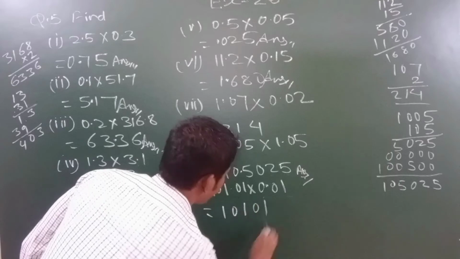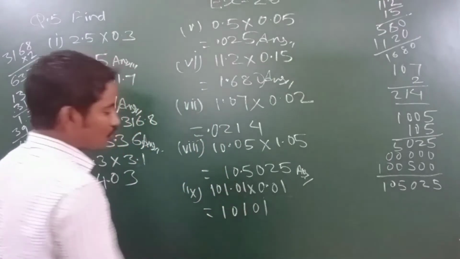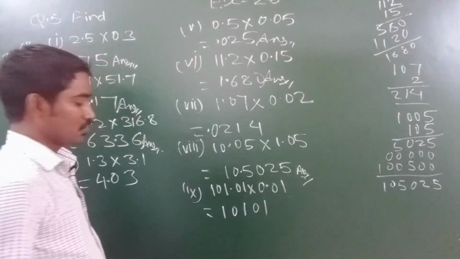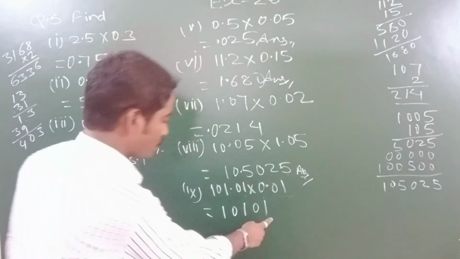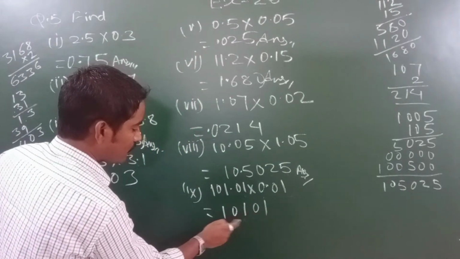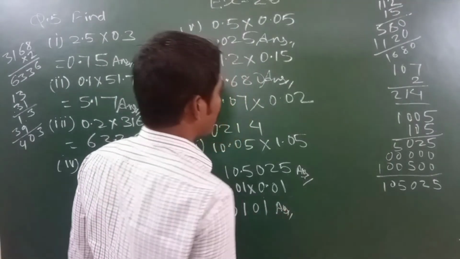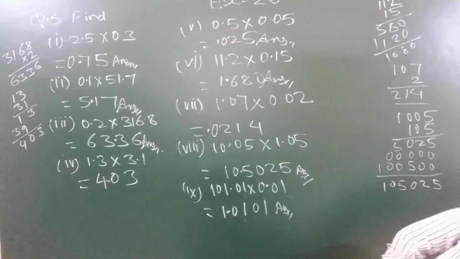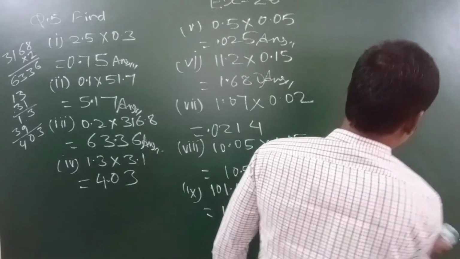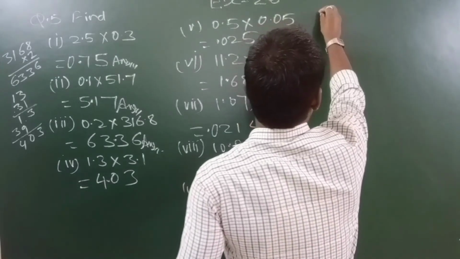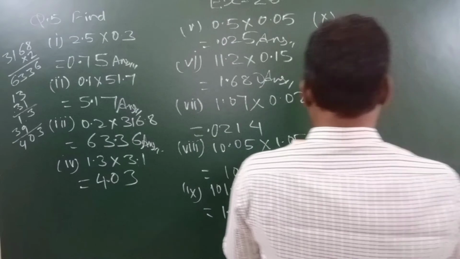then you will get 0 and 1. Now the decimal number is there, okay, so after decimal here 2 digits and after decimal here also 2 digits, so in the result we will place the decimal after 4 digits, so start counting 1 2 3 4, now place it here, then this one will be your final answer, okay. Now moving to last segment students, so for that I need a space, so I am going to rub it. Now here we are having the 10th segment, last segment, okay,